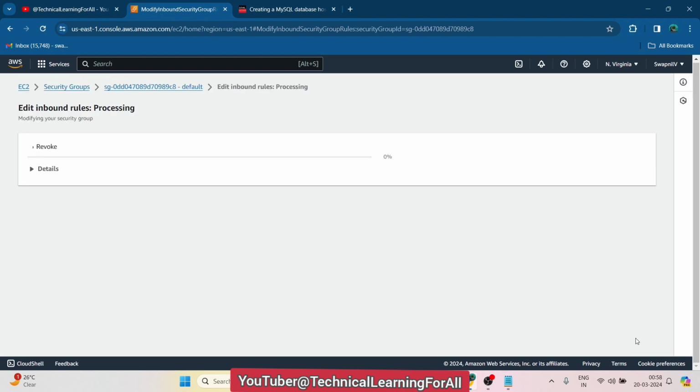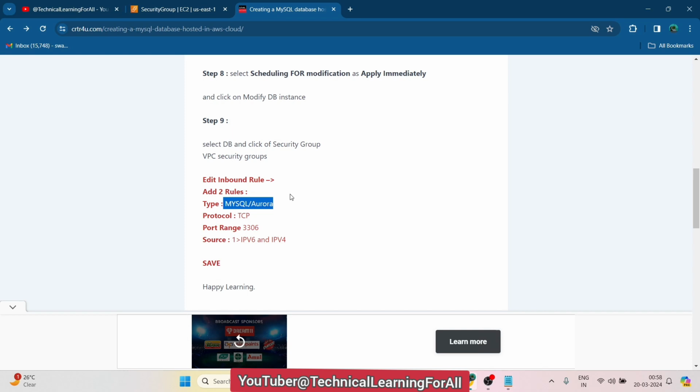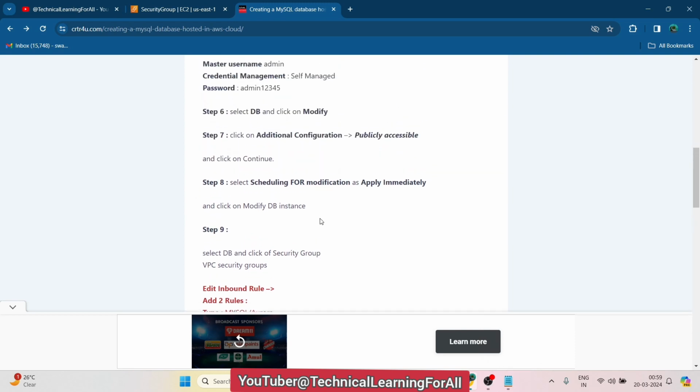Clicking on save rules will take some time. So now we are ready to connect to our database. Why did we add these two rules? Because we want to make the connection, so it should allow inbound traffic to the database. So the two main settings which you must remember, the first one is